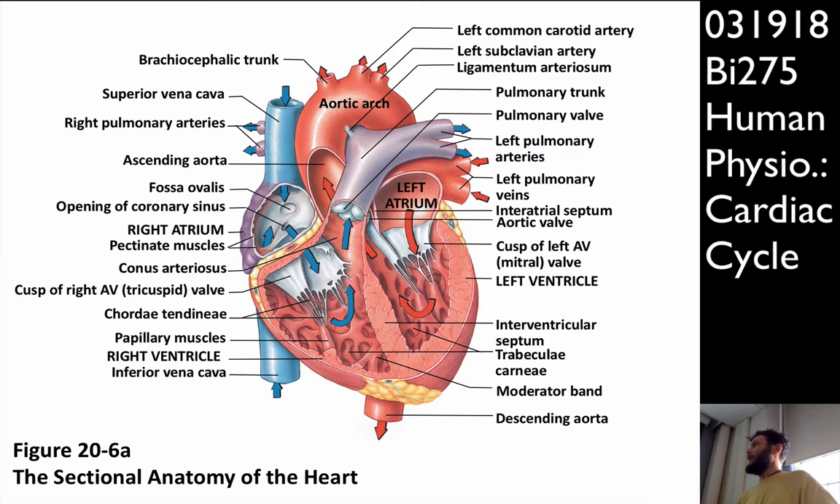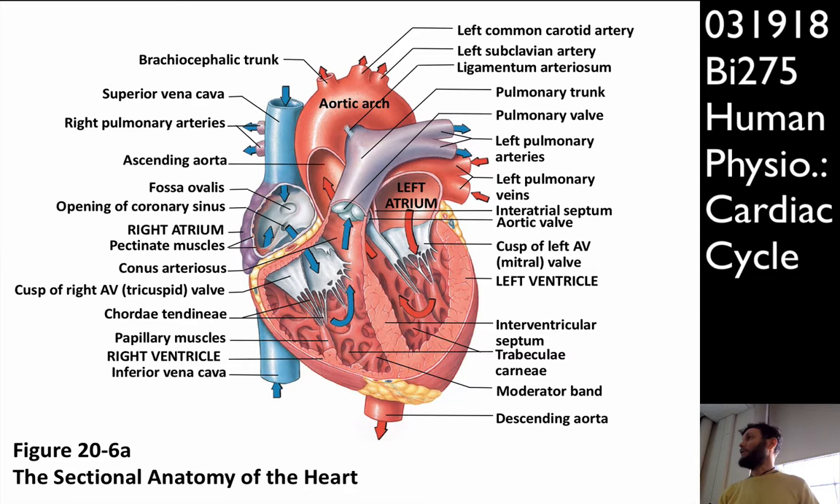We'll start on the right atrium, which is receiving the blood from the superior and inferior vena cava. Blood enters the right atrium, passes from the right atrium through the atrioventricular valve on the right side called the tricuspid valve. Cusp meaning tooth. It has three leaves, the tricuspid valve. And then from there, the ventricle will contract and eject blood out the pulmonary valve, the pulmonary semilunar valve, out into